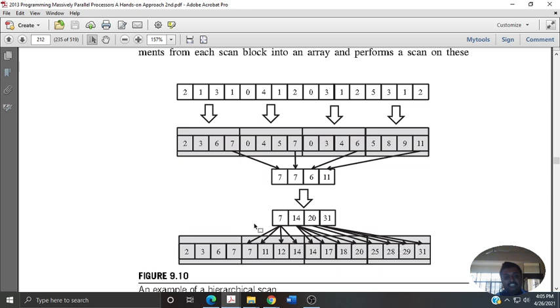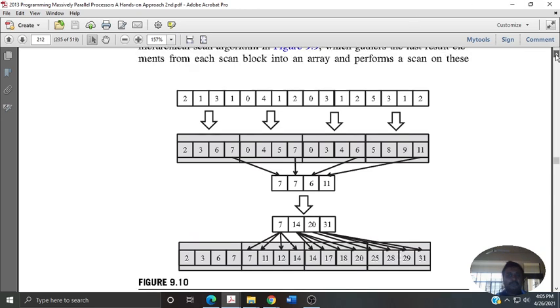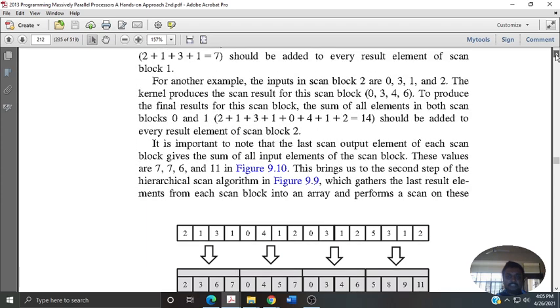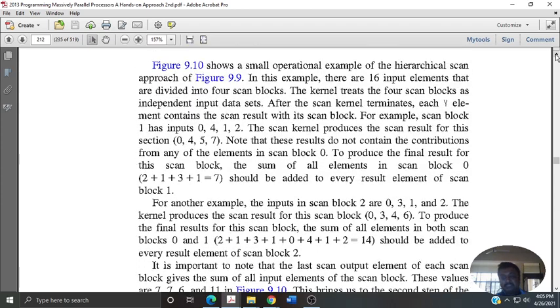So invariably, whatever summation has been obtained has to be immediately added to the next block. Similarly, this 14 has to be added to the next block. 20 has to be added to the next, and so on. So that whenever there is a large array or millions of computations you have to accomplish, he has given one example with respect to the statements. You don't have to deal with the numbers as such.